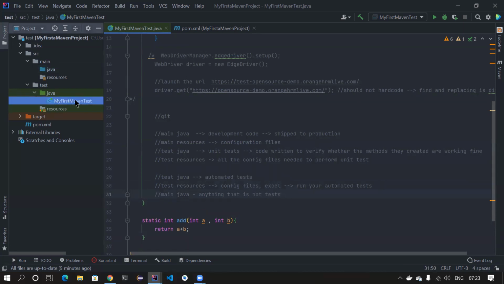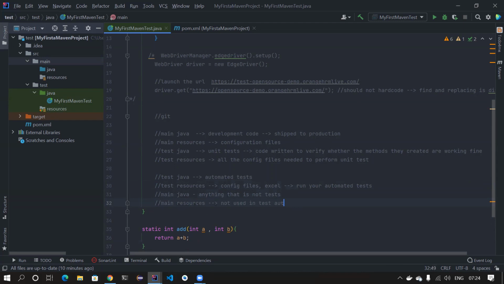Whatever you write in terms of test is alone here. Anything that is not a test, you have to keep in the SRC main Java. And most importantly, we are not going to use main resources. People don't use it predominantly. It's not used in test automation. They'll keep it only in